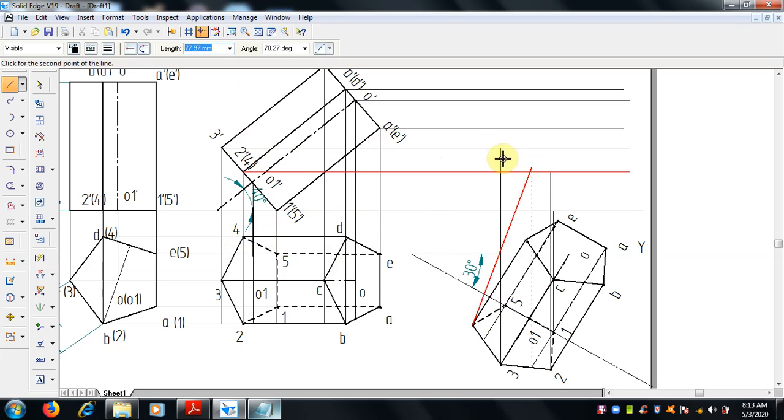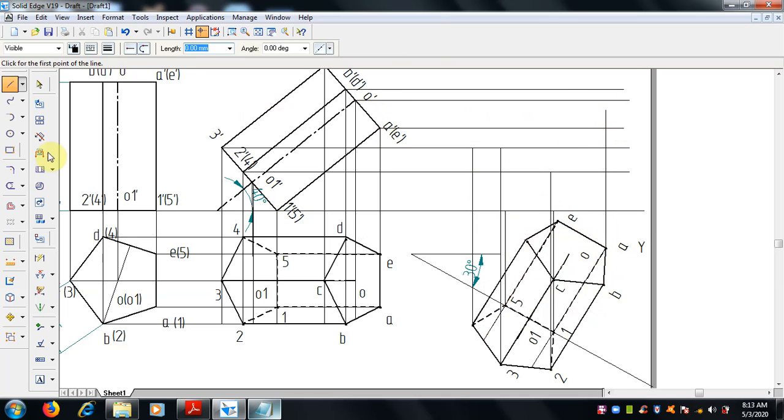You can see where it is getting intersected, and 5, this is 5. One, two, three, four.